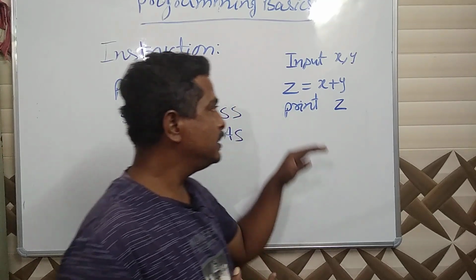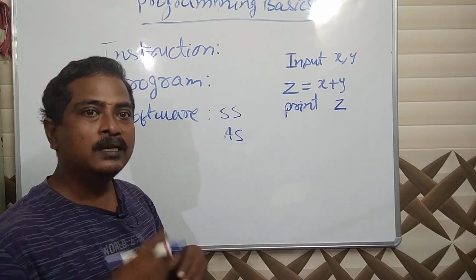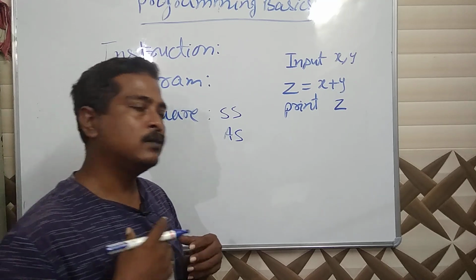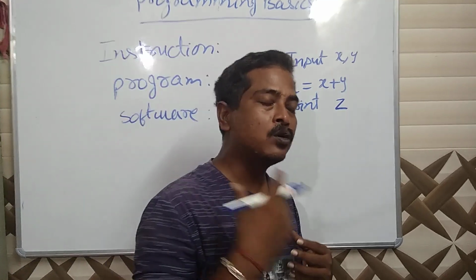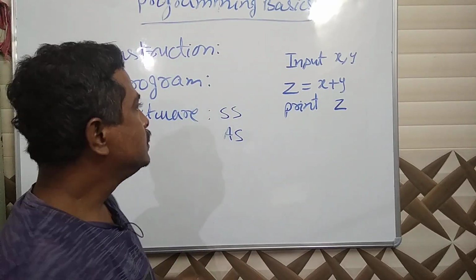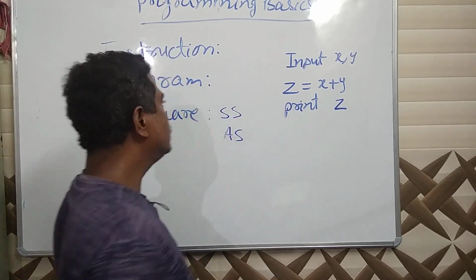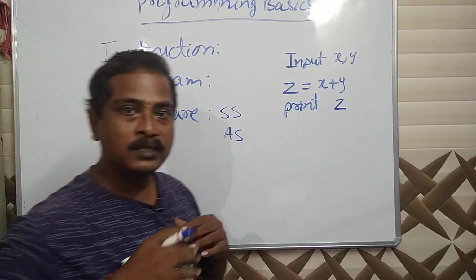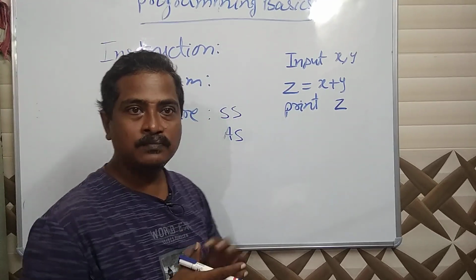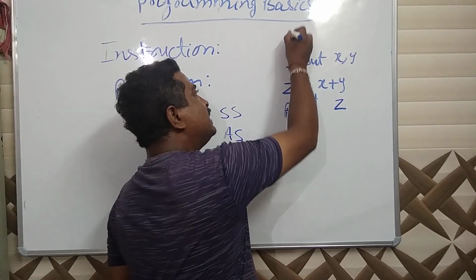This is an easy program where only three instructions are there. Gradually we will enter into harder programs with more instructions, like thousands of instructions. So this set of instructions is the program. But the thing is, really, is it a program? Yes, it is a program, but it is a program in the English language.